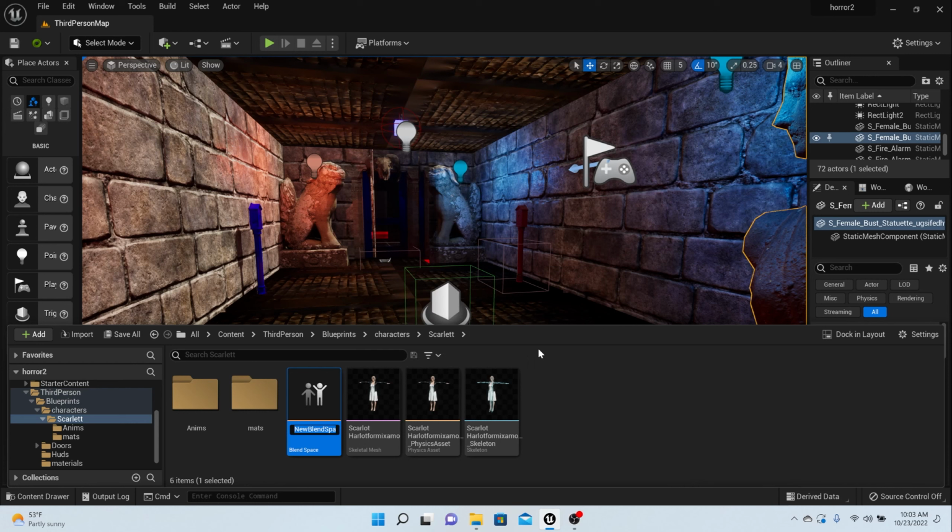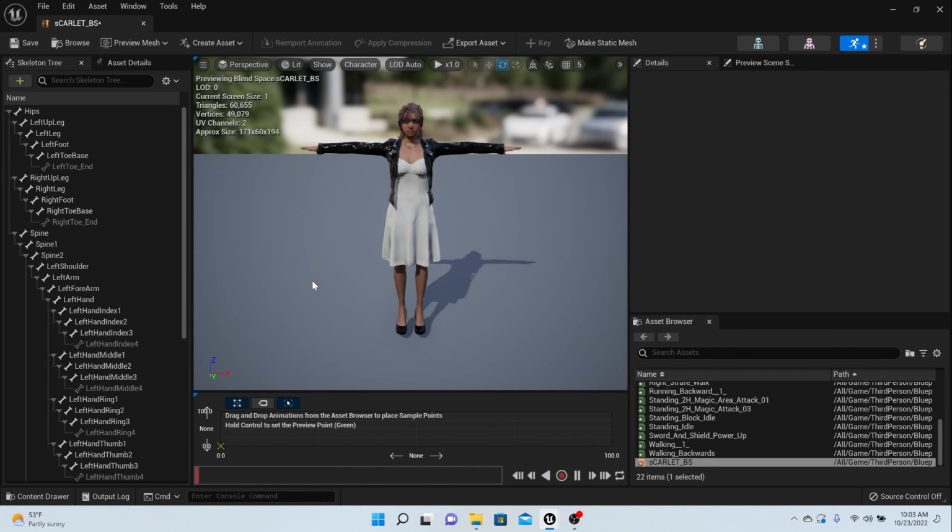Now what a blend space is, it helps the character blend between animations. So we got a walking one and we got a running one, and we want it to blend between walking and running depending on how fast she's going. So that's why we're making a blend space. I'm gonna call mine Scarlet_BS for blend space. Open up your blend space,